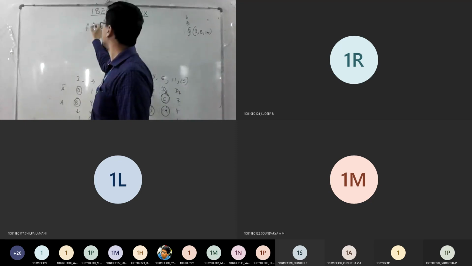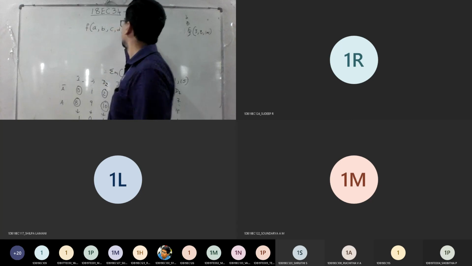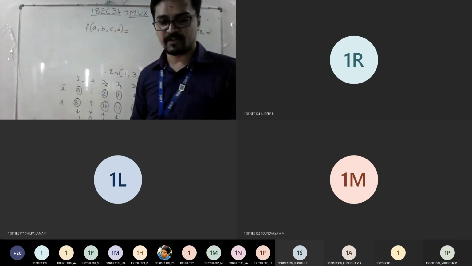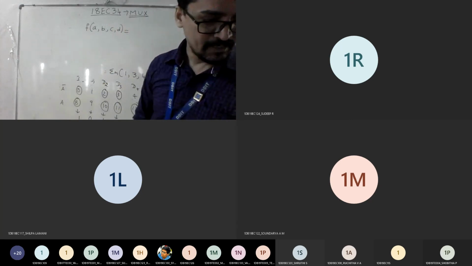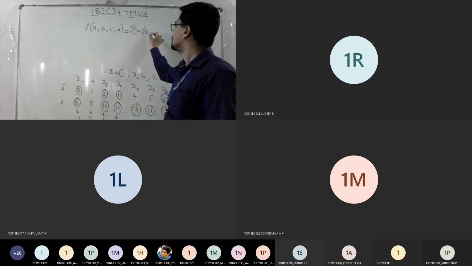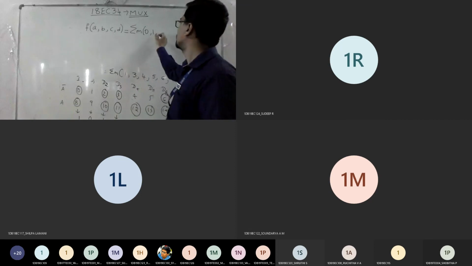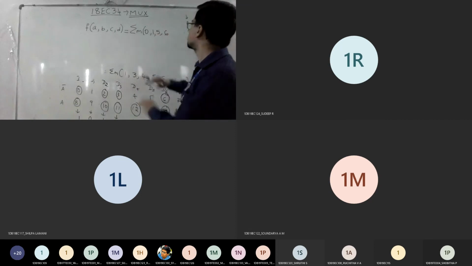So they give a function for you A, B, C and D. So implement the function A, B, C, D with the minterms summation m equals 0, 1, 5, 6.